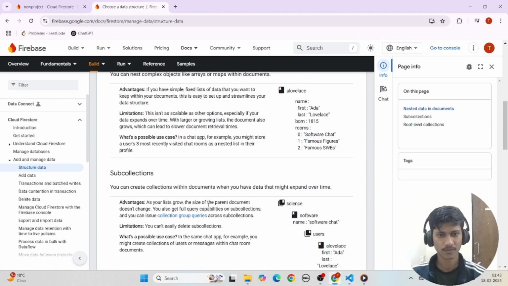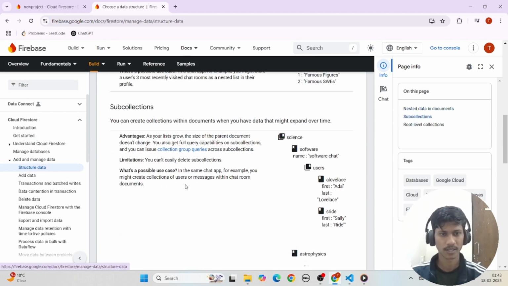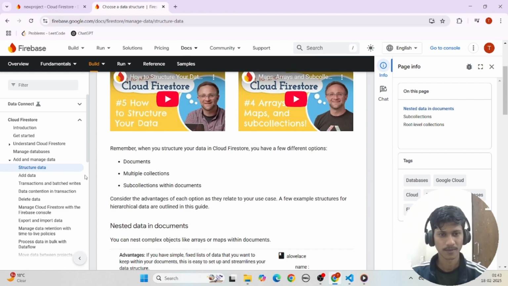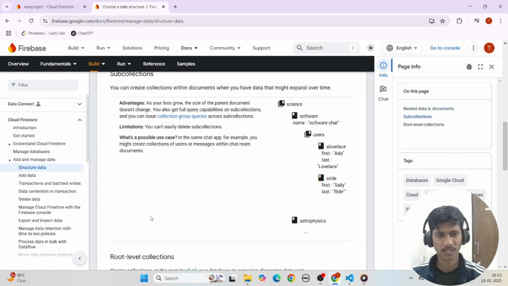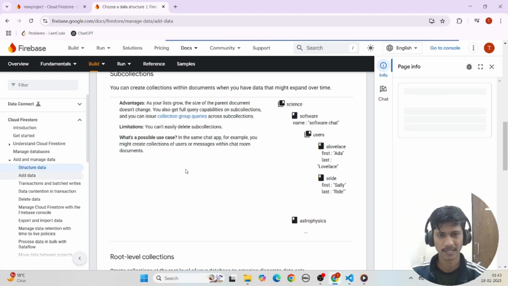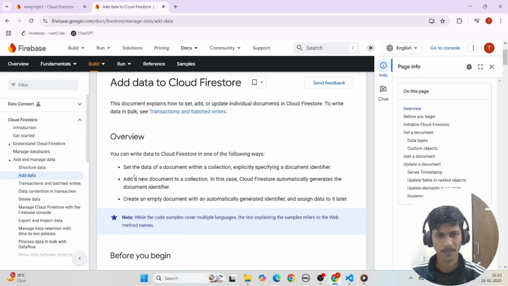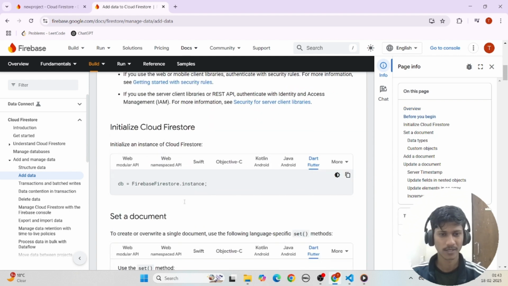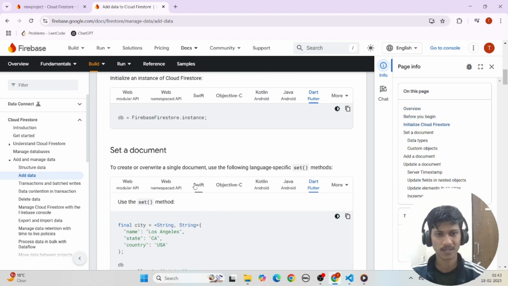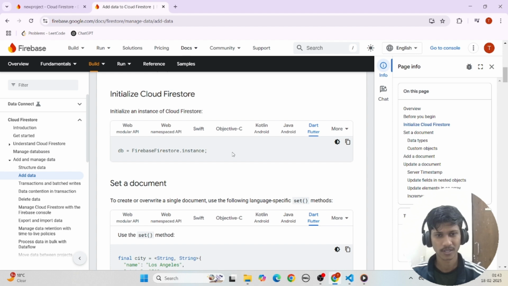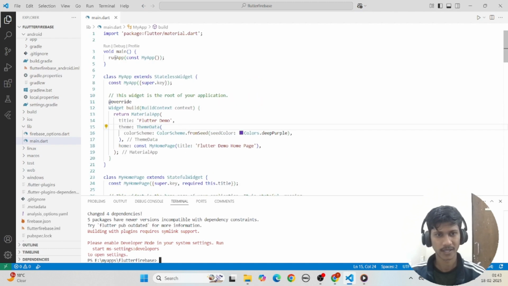Come here. Here it is telling us about documents, collections, subcollections. Okay, it's in detail, so you can see it later. I will just do a simple write operation. So copy this and in the main